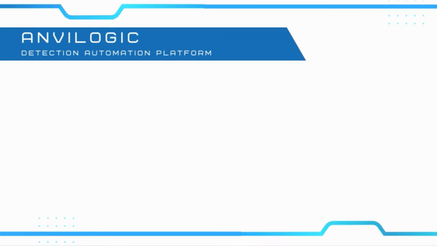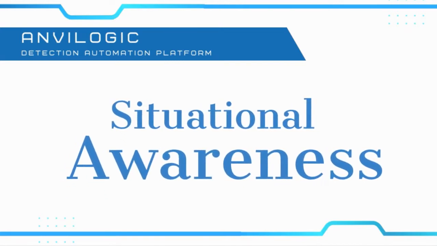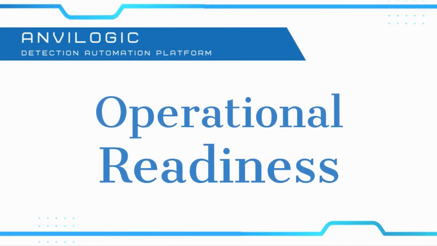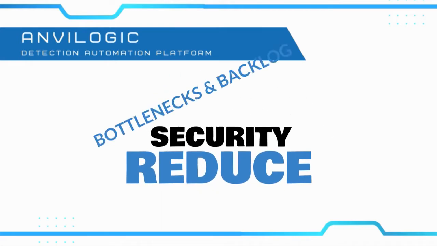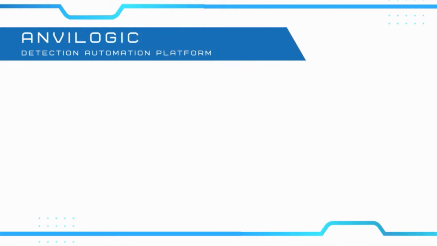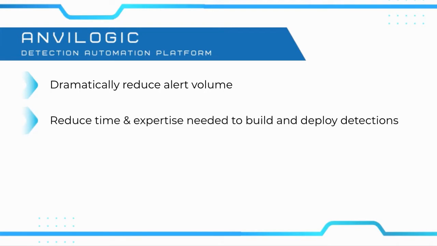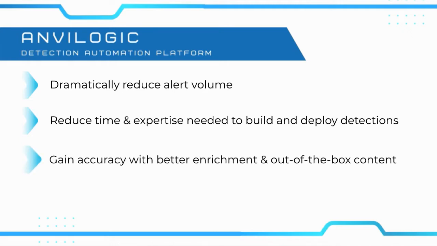The Anvil Logic Detection Automation platform can help you easily gain situational awareness and operational readiness by better aligning your security and business priorities, making security no longer a bottleneck and helping to accelerate the business. Dramatically reduce your alert volumes so you don't miss another malicious signal, while also helping to reduce the time and expertise needed to build and deploy detections and gain accuracy through better enrichment and out-of-the-box content. Think of it like a purple team at no extra cost, as well as making your existing investments better and